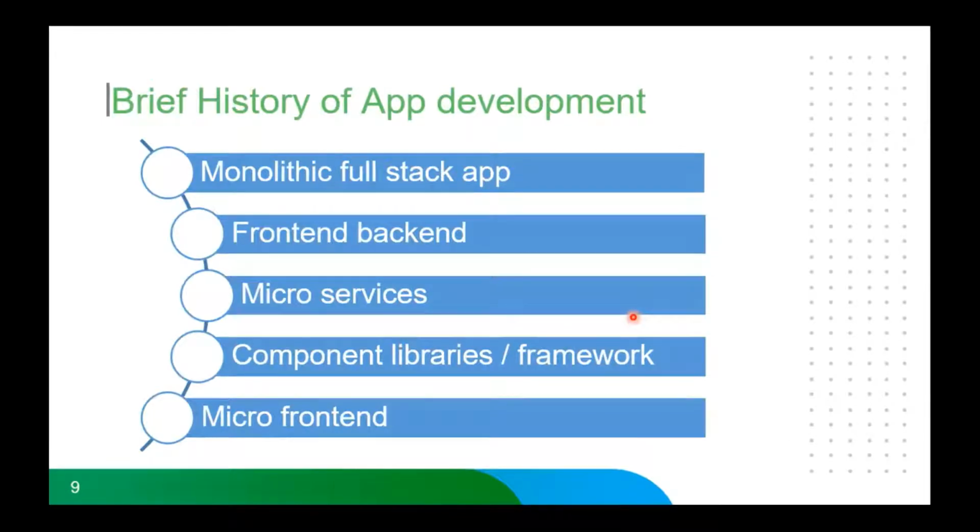So, a brief history. Whenever a new idea comes to the market, they want to have their application so that people can come to them and connect with them, and they might be solving some problems as well. They go with some kind of web app or app. What used to be there in the initial days is monolithic architecture, which covers everything: the front end part and the API part, meaning the back end, both.